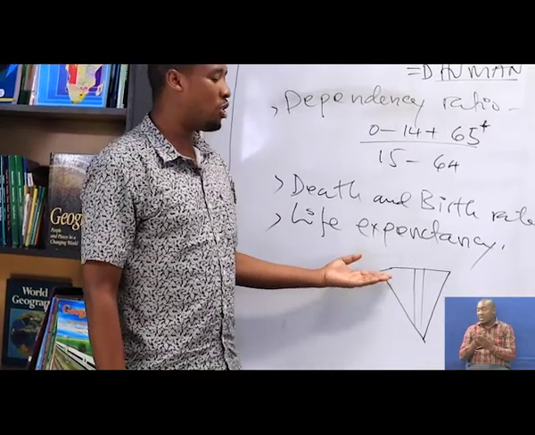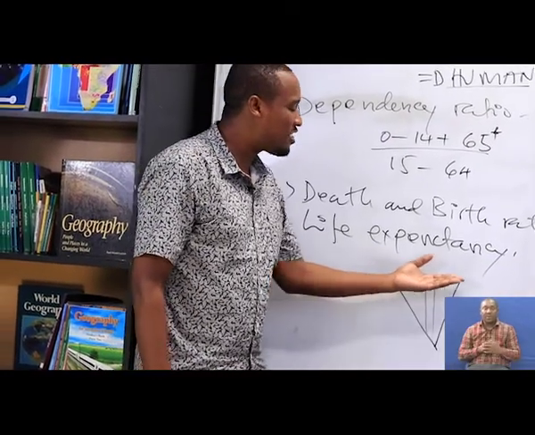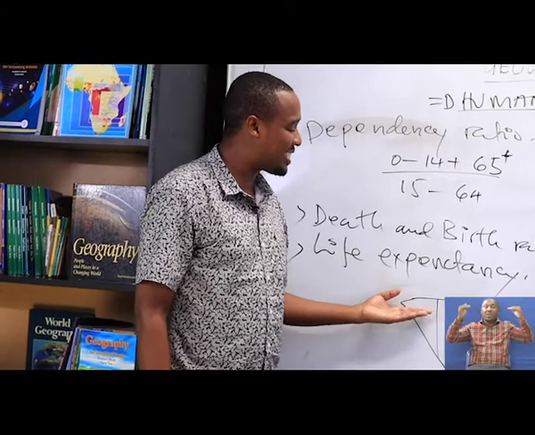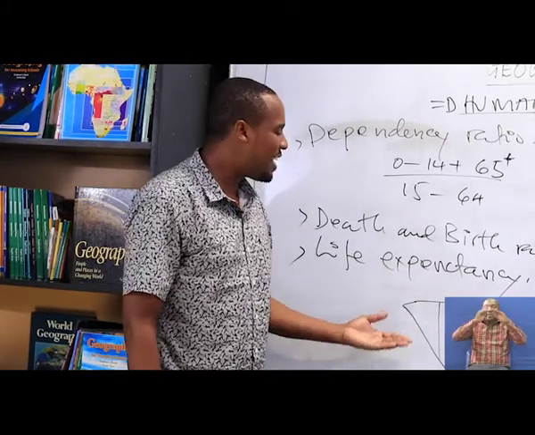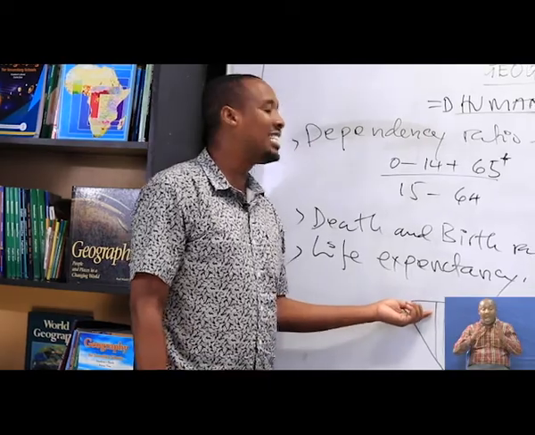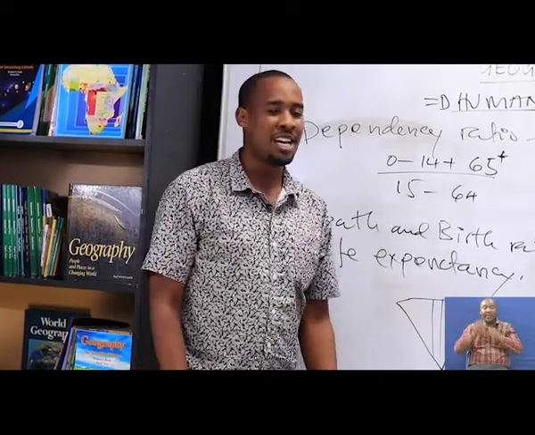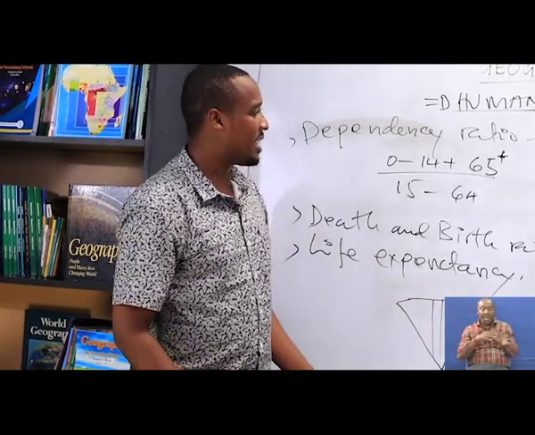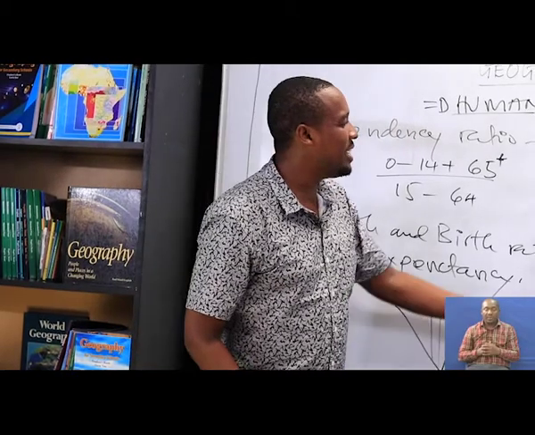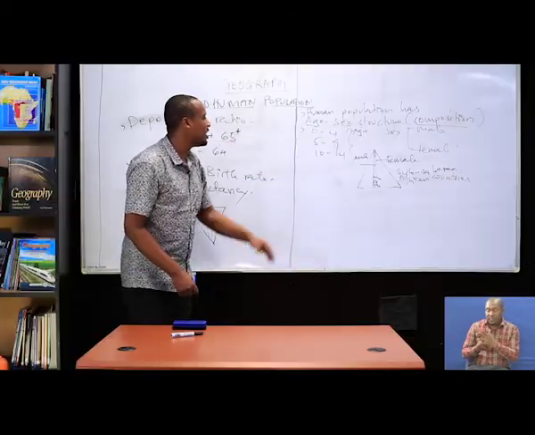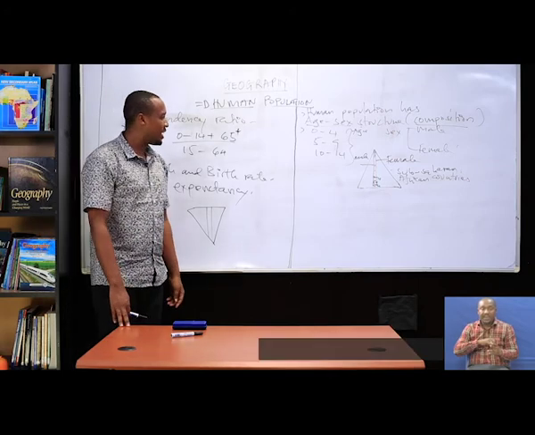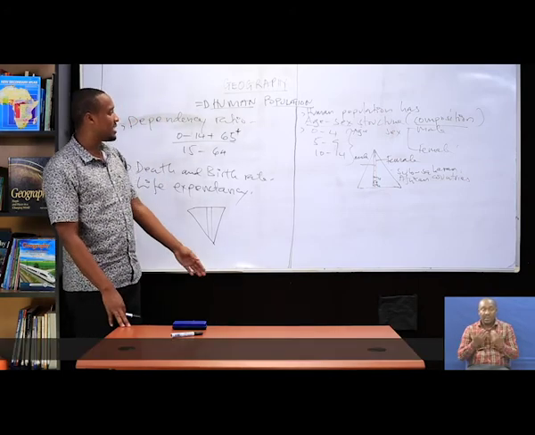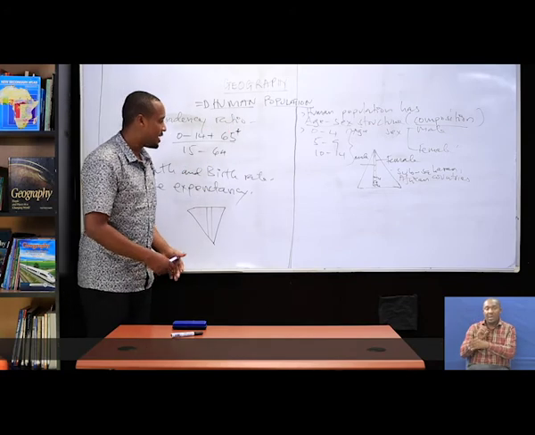But here you see at the top, it has a broad structure. Now here the broad structure indicates that the life expectancy is high. So if the life expectancy is high, it indicates the death rate is low, etc. So all this can be derived from the age-sex structure. That's what I said, one of the characteristics of human populations is having an age-sex structure.